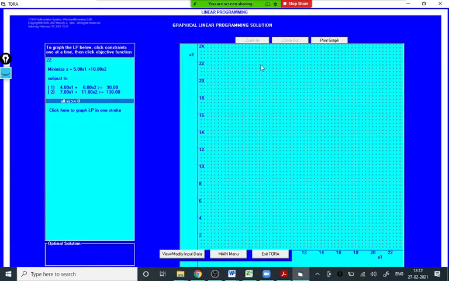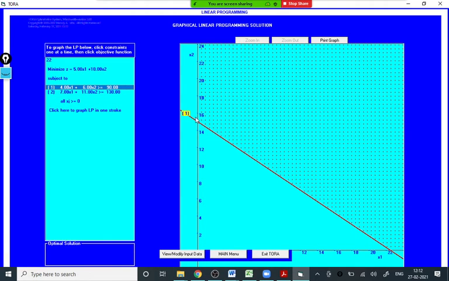You will observe first x and y positive. This is the entire feasible region. Now when we draw the first constraint, which is this one, you will observe that 0, 0 is greater than 90 is false, so it is the non-origin side. So the feasible region is this side. Are you getting it?